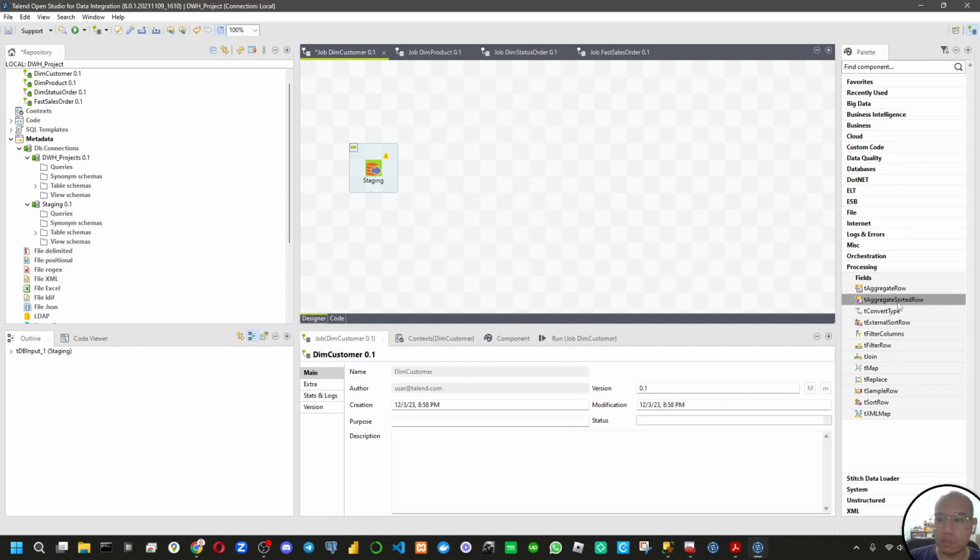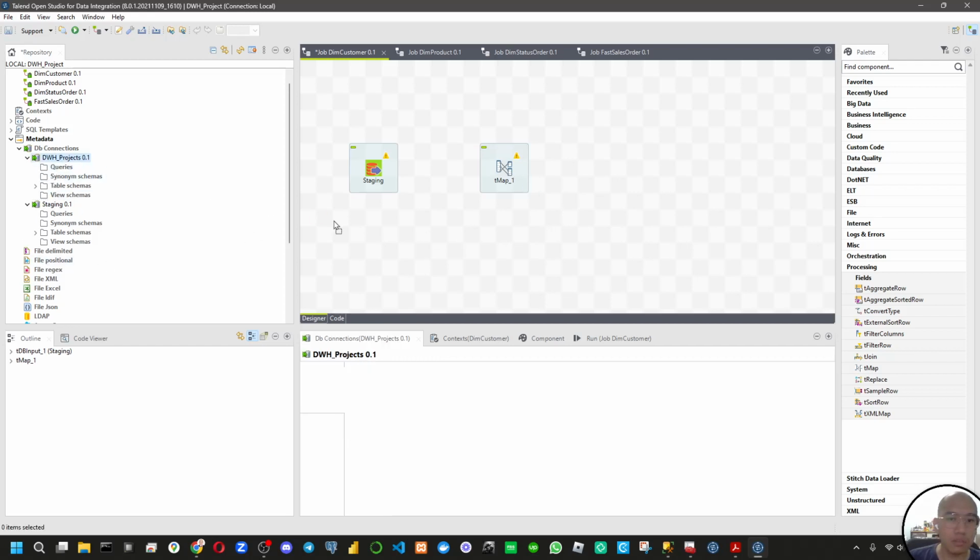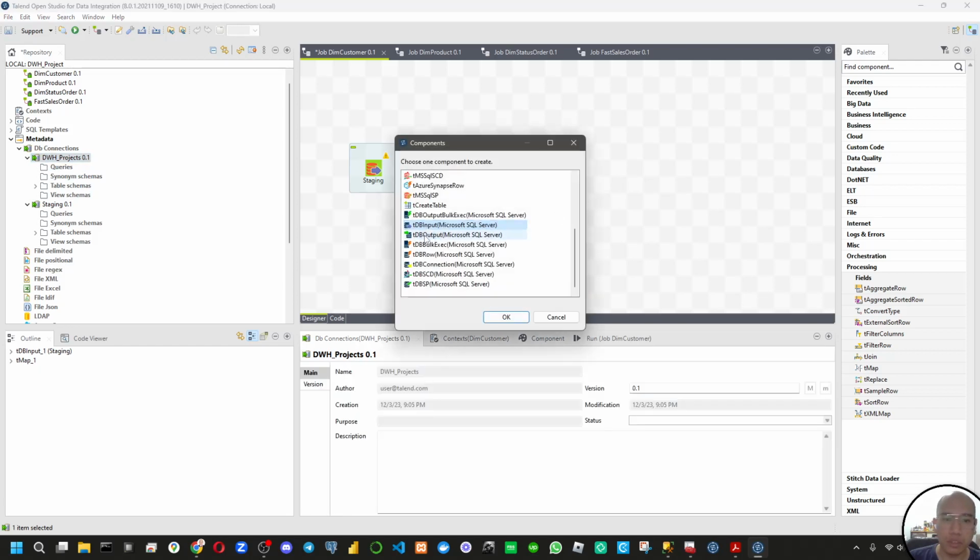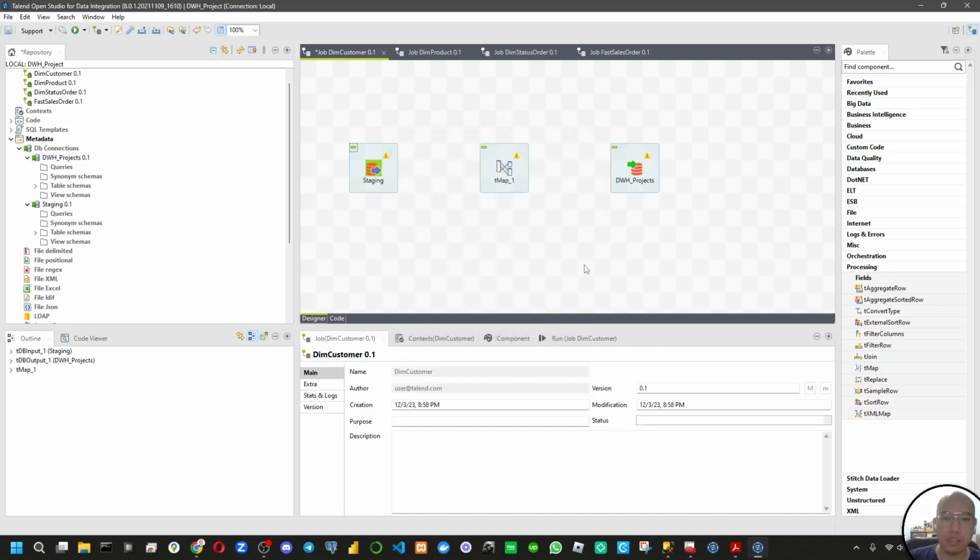Okay, and then we choose tjoin. Oh, sorry, tmap from the processing palette, and we drag and drop the output one, the DWH project. Choose the output Microsoft SQL Server and click OK.